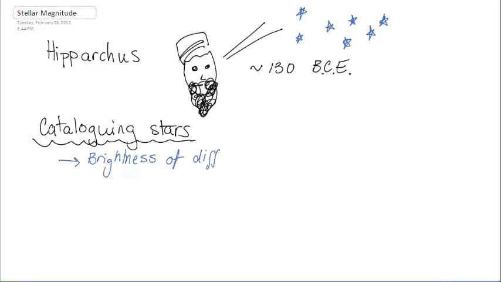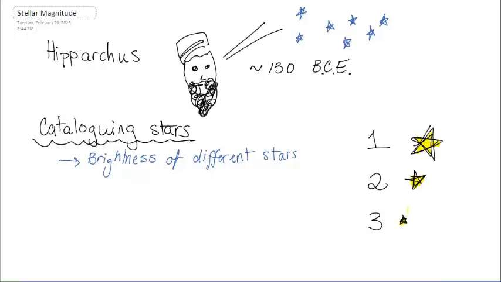We're going to call this the magnitude. And he comes up with categories. So he says, okay, the brightest stars out there, the really, really bright ones, so I'm going to make this star relatively big, he's going to call a star with a magnitude of 1. The next would come a star with a magnitude of 2, not a magnitude of small. And this star looks a little less bright. Next, we would have a magnitude of 3. And again, this star is slightly less bright. And this will keep on going and going and going. So one thing you have to remember with magnitude for stars is that the smaller number actually represents the brighter